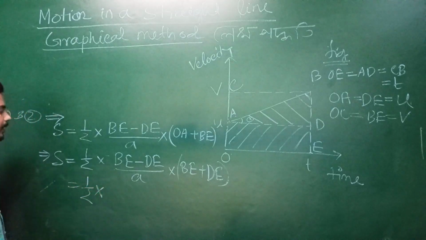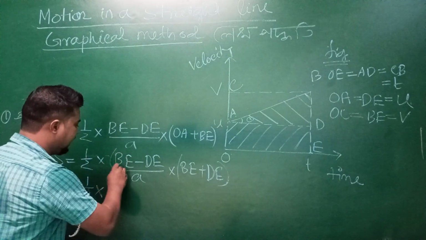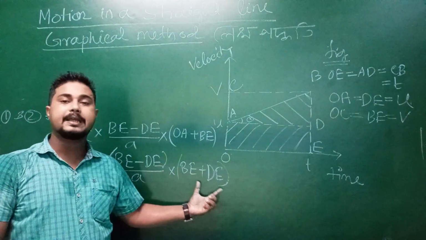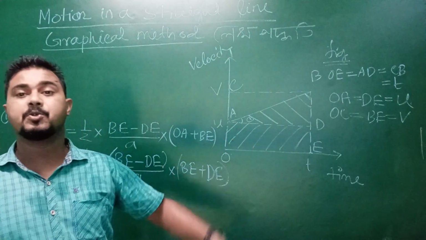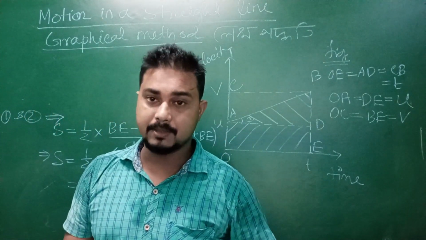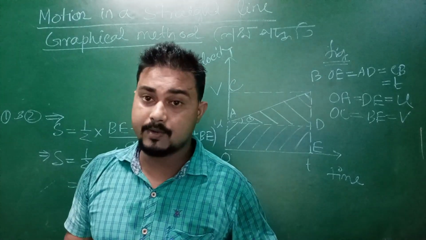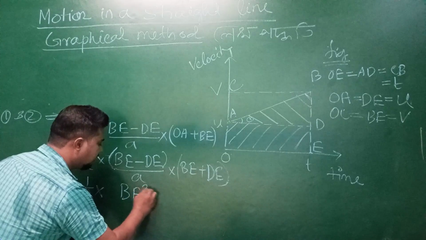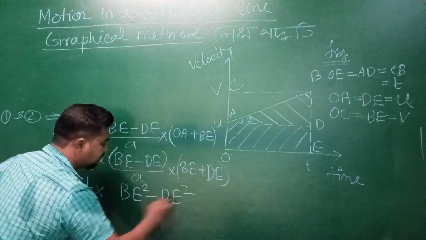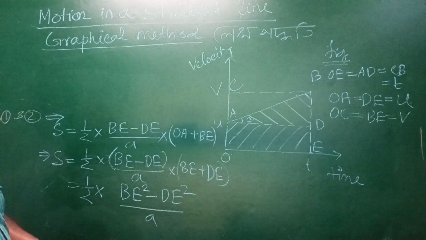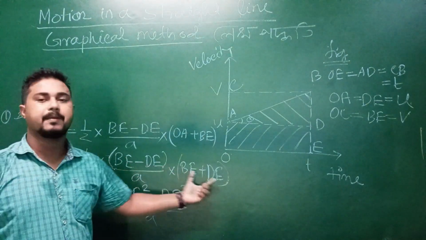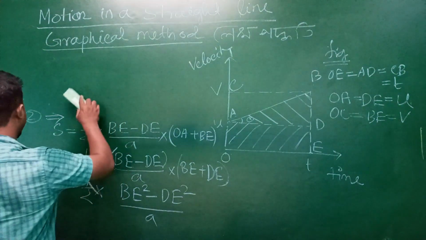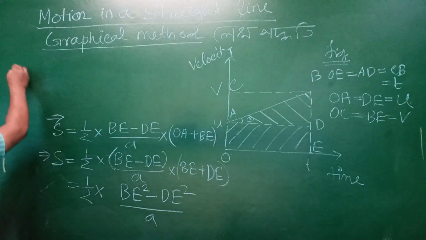If we look at the form here, it is like BE minus DE into BE plus DE, like A plus B into A minus B. Then we can write it is A square minus B square. So in the same format we can write here BE square minus DE square by small a. A minus B, A plus B, then A square minus B square we can write here. Okay, now if we put their values